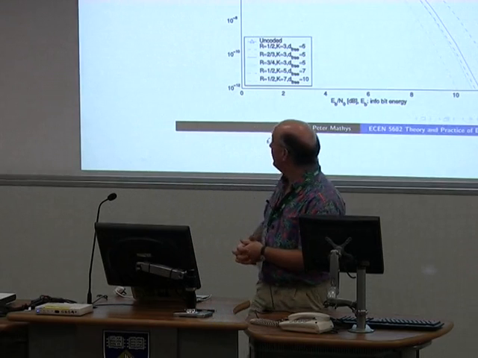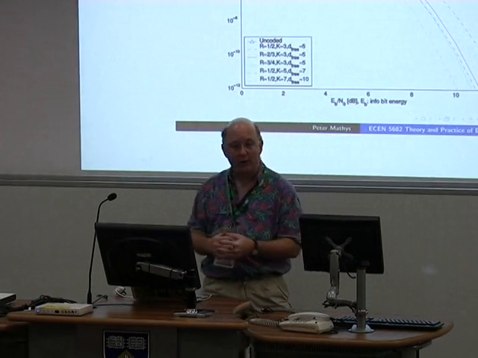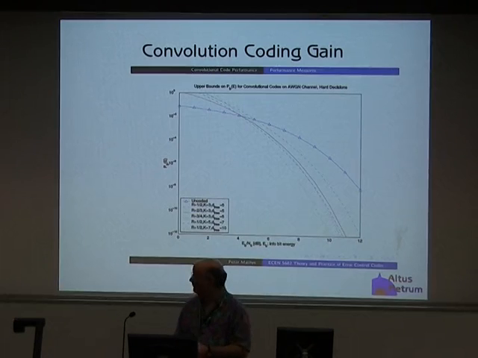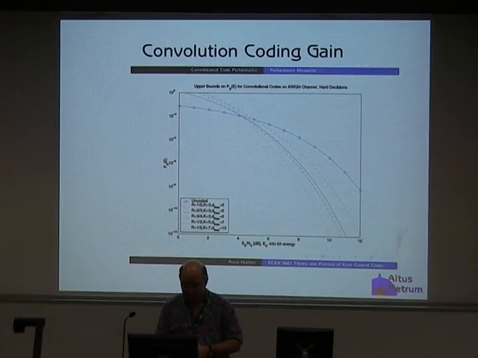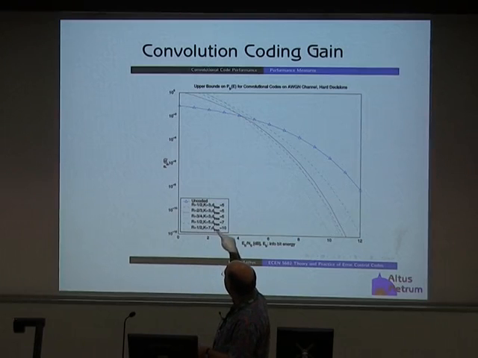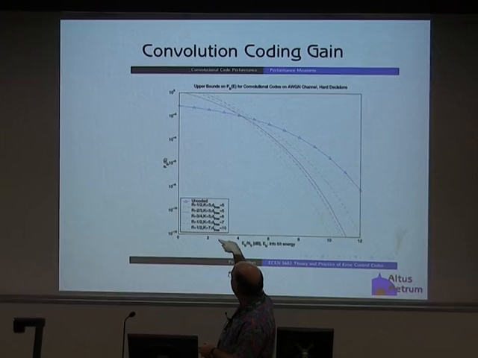This is why we use convolution coding. This is a coding gain chart that I borrowed from the freely available Theory and Practice of Error Control Codes paper. On the vertical axis you have the BER, the probability of an error: 10 to the minus 6, 10 to the minus 8. That's your bit error rate. And on the axis down here, you have your Eb/N0 number, in dB, not as a ratio.